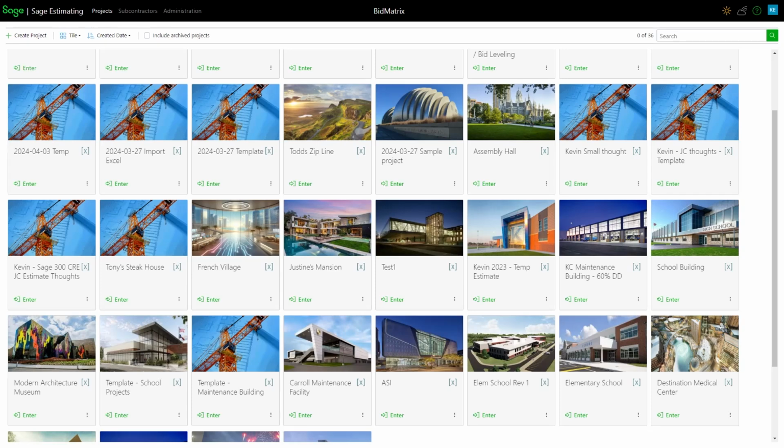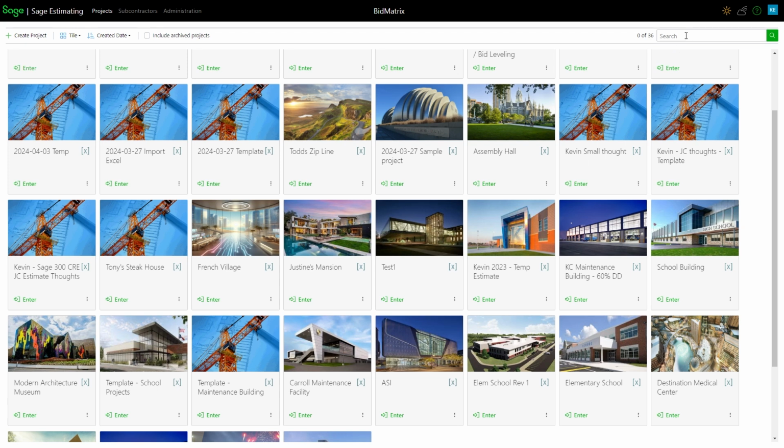And today we're going to take a look at a new release of BidMetrics. Version 3.4 was just released, actually just a couple months after 3.3 was released. And it looks like they've added a handful of nice changes to the system. So let's jump right in and take a look at a couple of them.